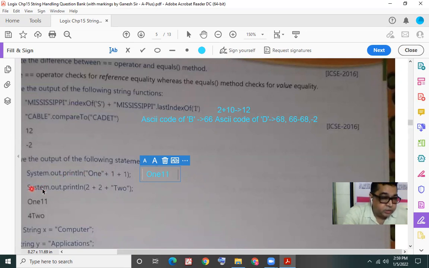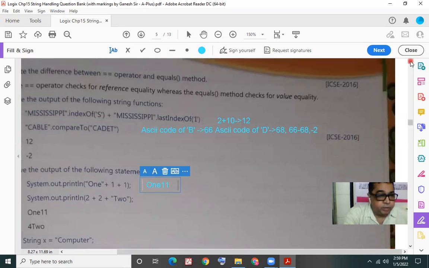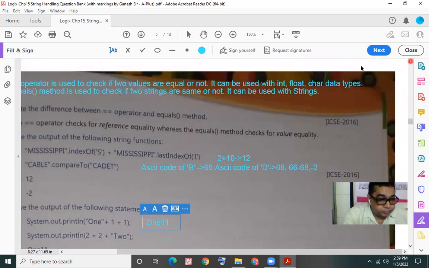Now in the next statement, system.out.println, we have 2 plus 2 and then the word TWO. If we remember the hierarchy of operators, and if we have operators with the same hierarchy, we evaluate them from left to right.